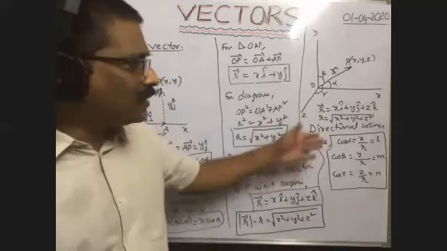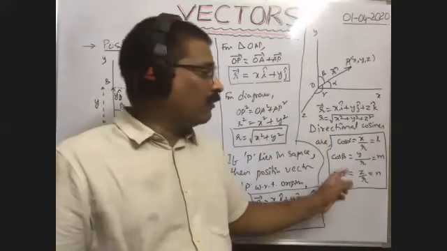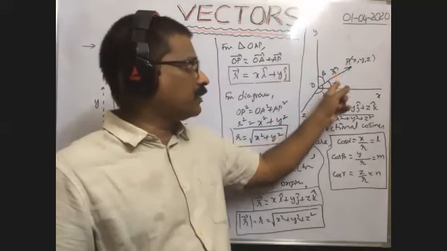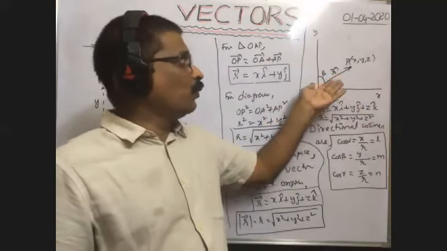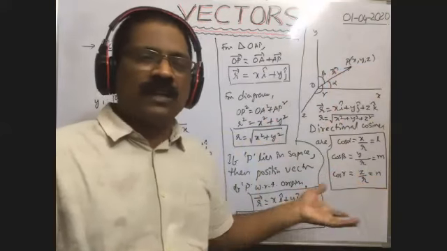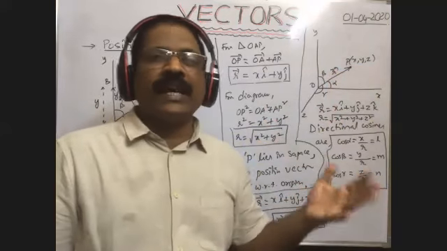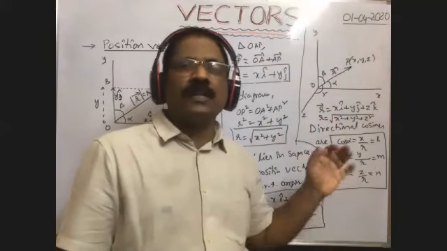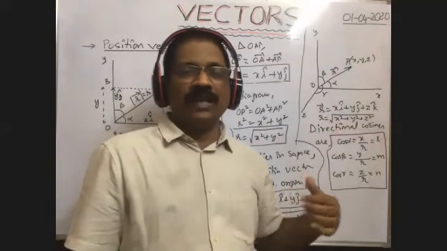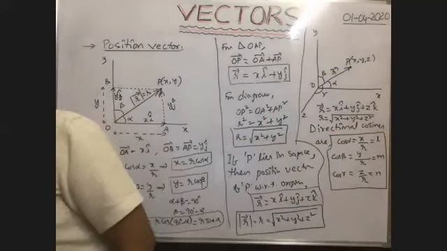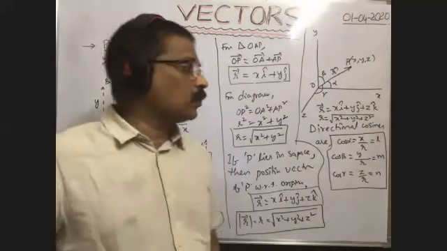Here, why are these called directional cosines? Whenever the cosine of the angle made by this vector with the x-axis is known, then we know the direction along which this vector lies. That means if you know cos alpha, cos beta, cos gamma, we know the direction of that vector. As these cosine functions give us the direction of the given vector, that's why they are called directional cosines. Now, what about the sum of the squares of directional cosines?